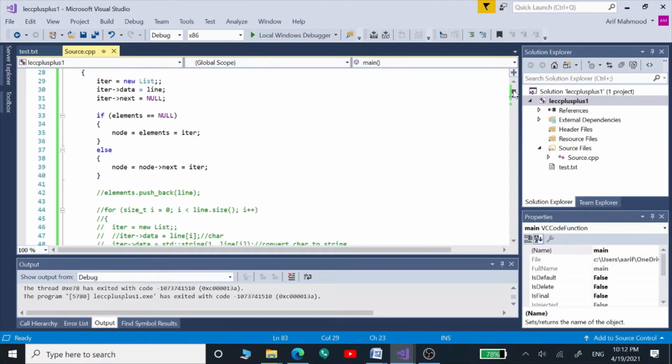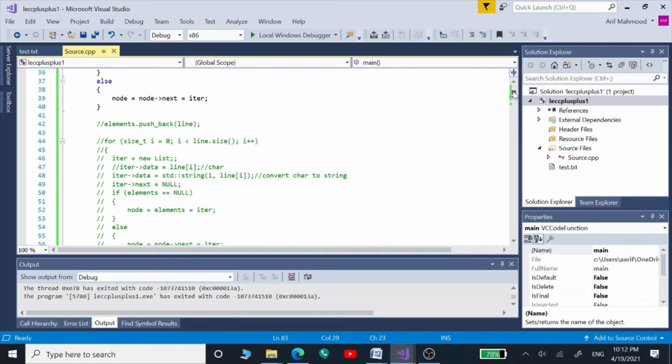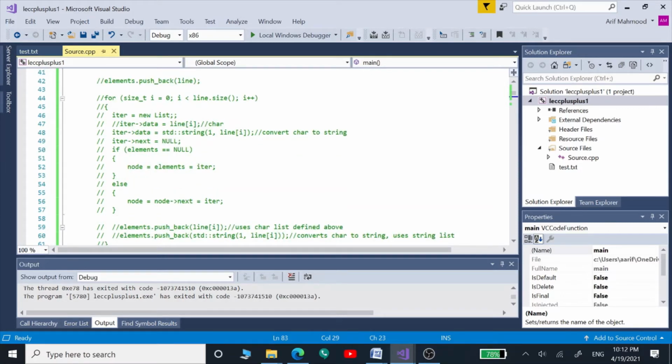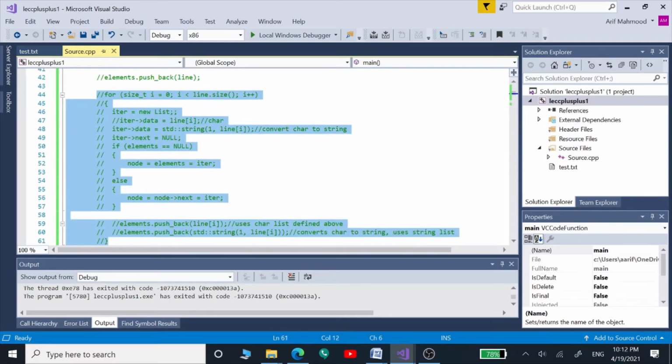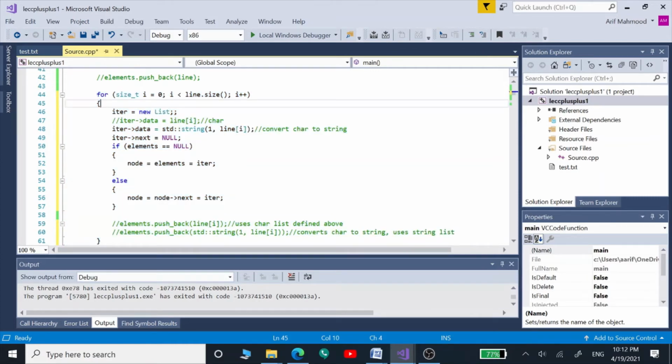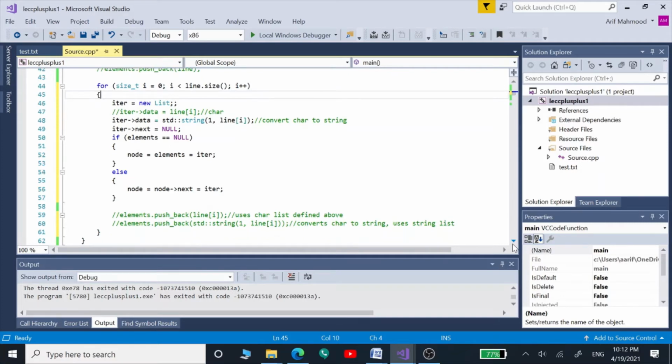And now we are going to see the same thing inside this C++ program. What we are going to do is give our program another for loop. This for loop is going to give us first the characters, and then those characters we are going to store inside our list rather than strings.